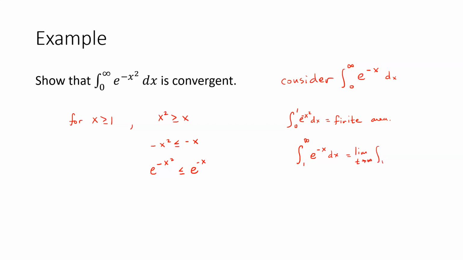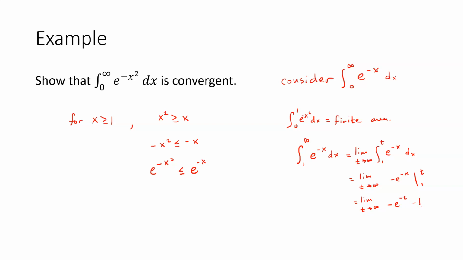So the limit as t approaches infinity of the integral from 1 to t of e to the negative x, which will be negative e to the negative x evaluated from 1 to t. And that will be negative e to the negative t minus